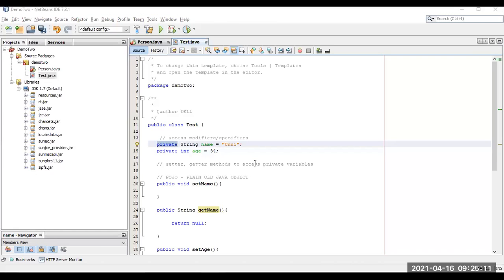So to hide sensitive data, it is essential to mention it inside setter and getter methods, called POJO classes, which stand for plain old Java objects. Inside that, we have variables with the private access modifier. The methods called setter and getter methods should have a public access modifier, or else we can't access them from another class. So it is essential that the set and get methods are public.